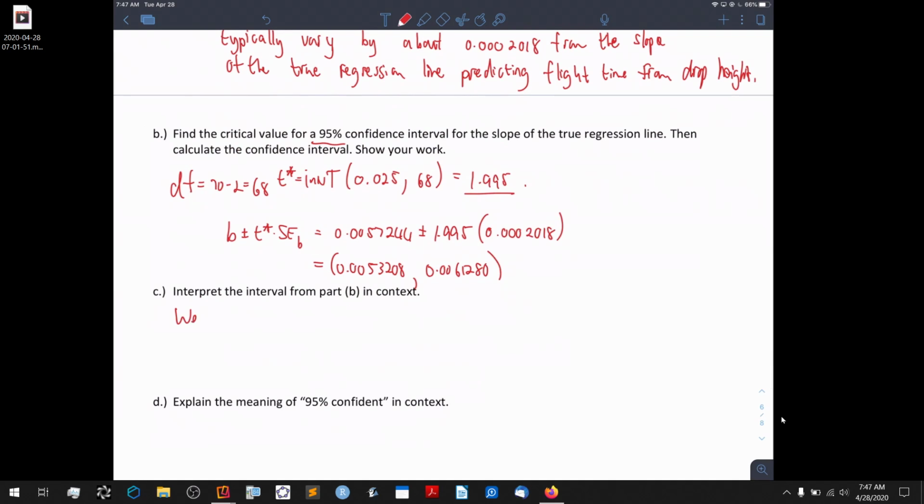And then interpret the interval in context. You remember this. I'll do this one with you. We are 95% confident that the interval from 0.0053208 to 0.006128, and they put the units seconds per centimeter, captures the